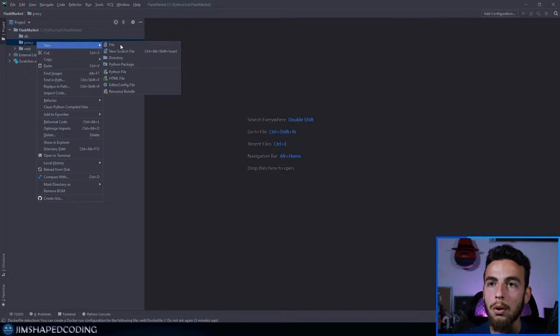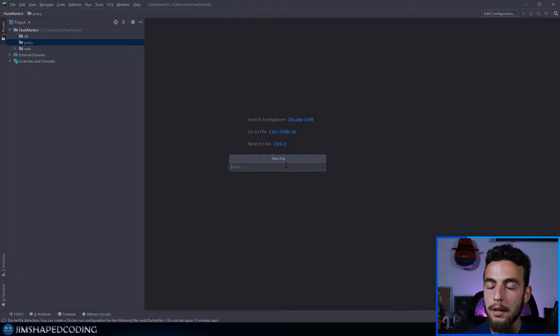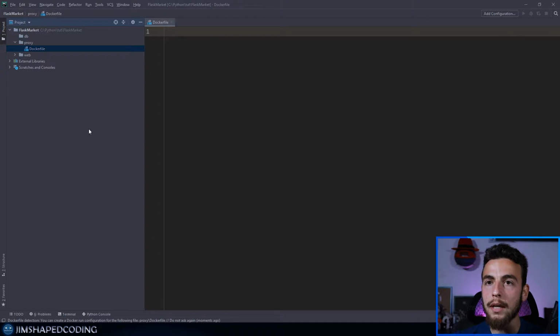So I will go here and basically create a Dockerfile like that. Now remember that its name has to be Dockerfile and really not just a random name that you want to come up with. So remember to name your file exactly like that. Okay, so now we have the Dockerfile, and the other file that we'd like to create in this stage